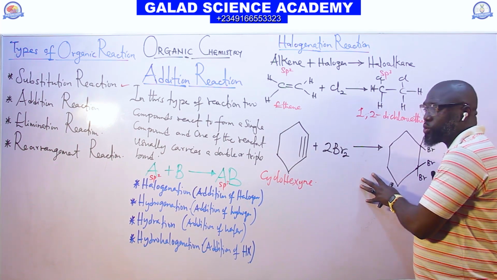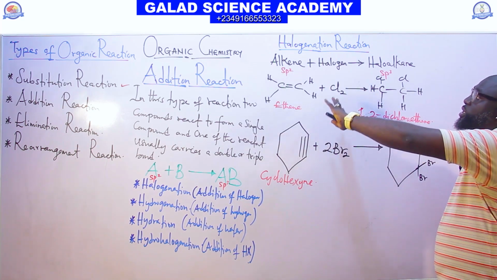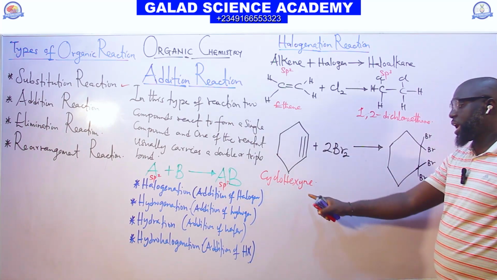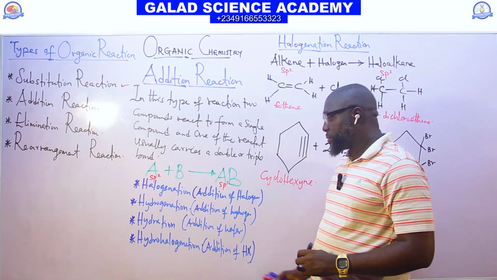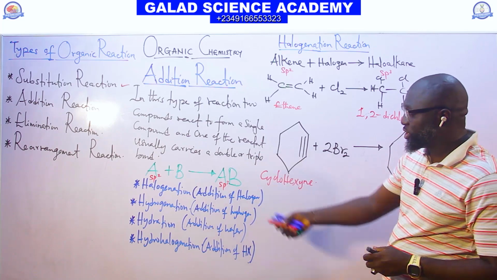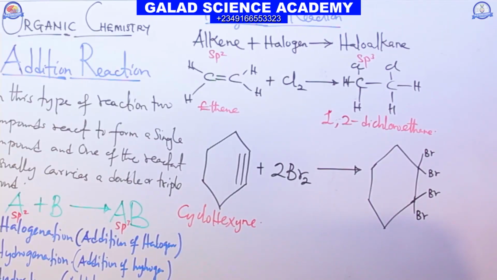So these are the common 2 examples of halogenation reaction. I used one for cyclohexane, one for alkene. And another example of addition reaction, let me take hydro